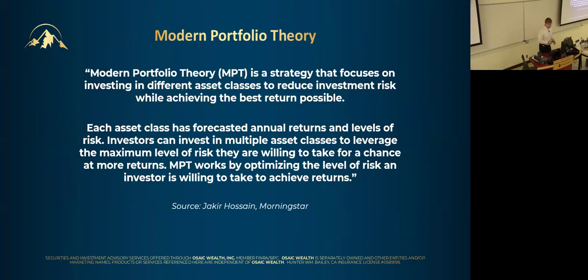Modern portfolio theory is a strategy that focuses on investing in different asset classes to reduce investment risk while achieving the best return possible or a target level of return. So the idea is we have an idea of how much return we want to get. You could say it's 7 or 8 or 10% or whatever. But the idea is you want to try to achieve it with the least amount of risk possible. You might be able to achieve a similar return of 5, 6, 7, 10% with one asset that has a lot of risk and is super volatile, but you might be able to achieve a similar return with something that's